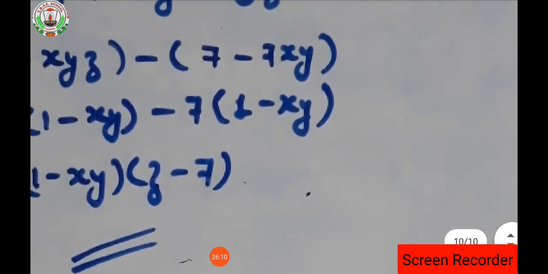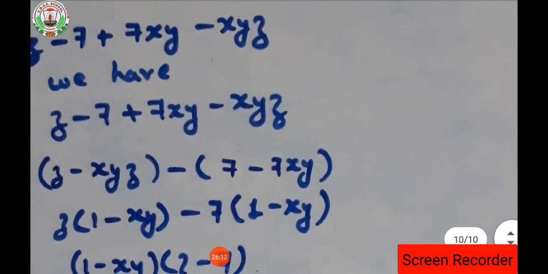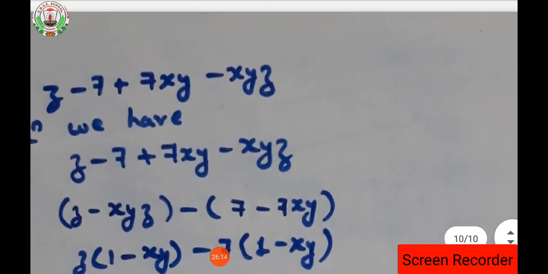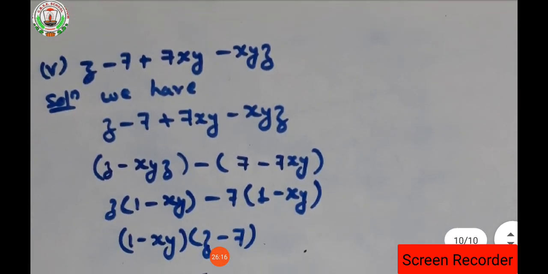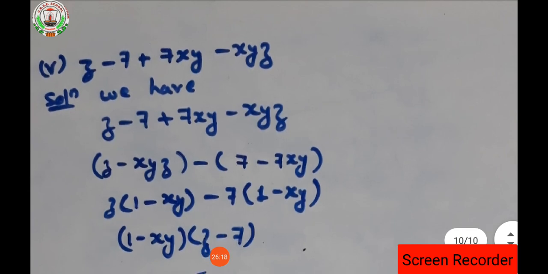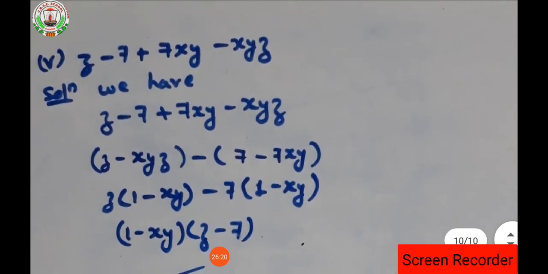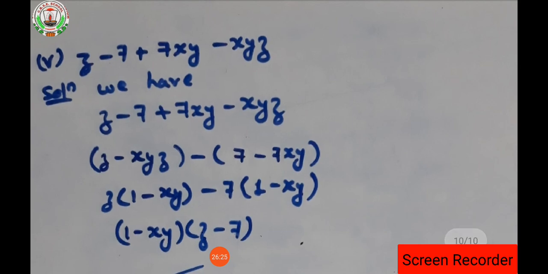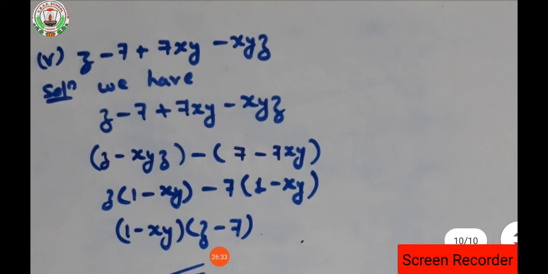So now what you have to do is, after doing this, we will see the question number. Two questions are left out in this, isn't it? So those two questions we will do tomorrow. So here exercise 14.1, that is factorization chapter 14. Question 1, 2 and 3 is completed. In tomorrow's video we are going to see question number 4 and 5.